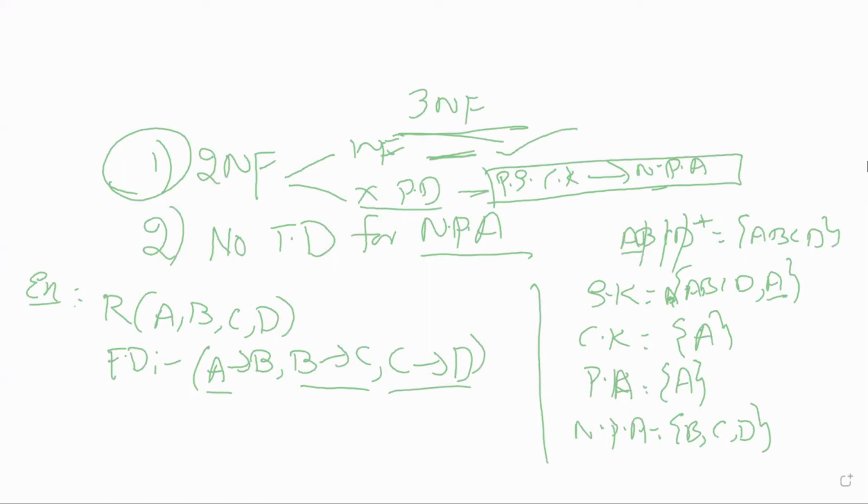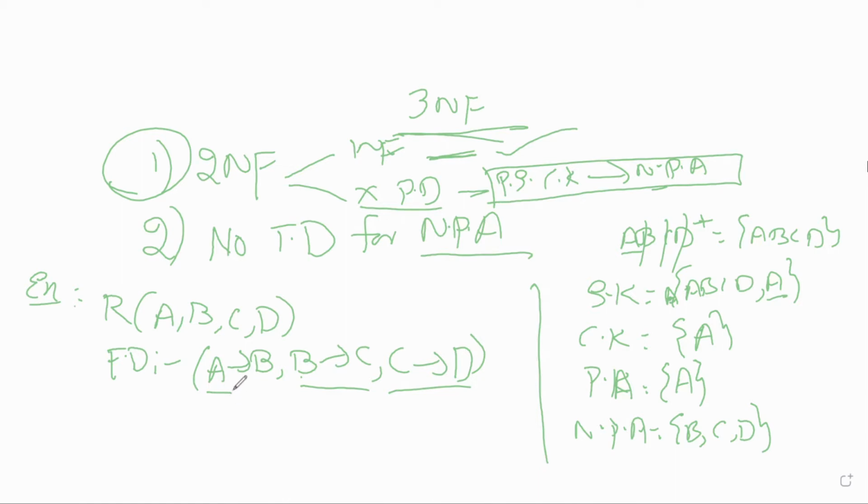Okay, let me check whether it has any partial dependencies or not. Yes, very good. I got all the answers, which are the same. It will take only one minute. Let me check also. There was no partial subset of the candidate key, because we got only one attribute. So if there are no partial subsets, then directly we can say that the relation is in 2NF. I think so, but again we'll check.